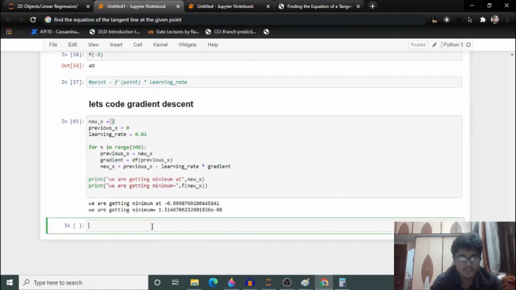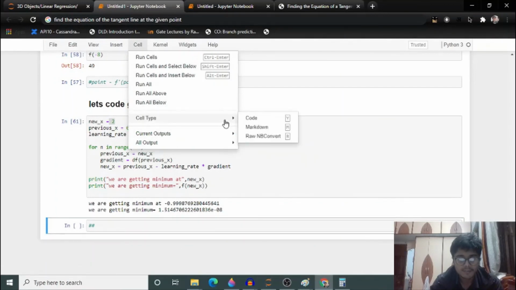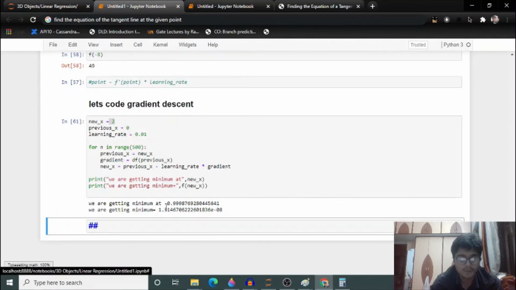I will just show you what this value is. Let's put this as a markdown. Let me pull up the calculator guys. This value is 1.5 times 10 raised to minus 8.